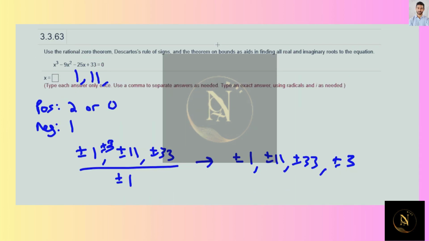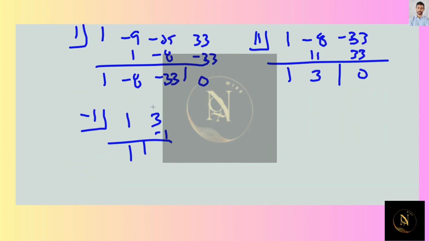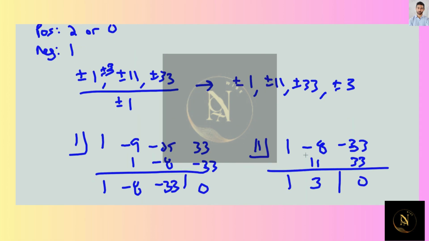Didn't affect us in the positive. We found those really easy. But negative 3 would be the next possible negative 1. That didn't work, so back to 1 and 3. Drop down the 1, multiply, and add, and that's a 0 as well. So that would be our third and final